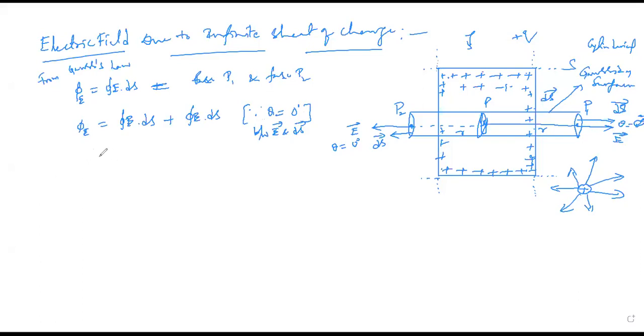Or in terms of words, you can also write directly with notation. So the electric flux coming out with respect to the positive charge through the two faces can be written as E dot ds. I have taken E outside, and at the same time here also I am taking E outside, so we have to write ds. Then we can write this as ES plus ES, so this should be written directly as 2 into ES. This is the electric flux coming out with respect to the two faces, or we can say directly the electric flux with respect to the infinite sheet of charge.